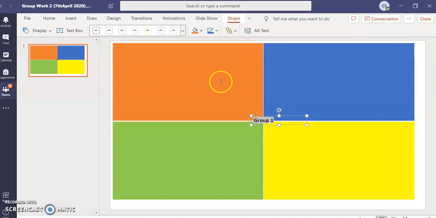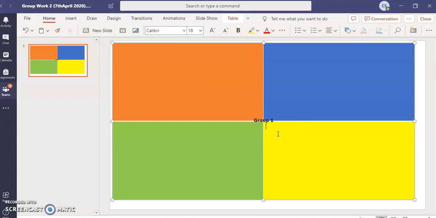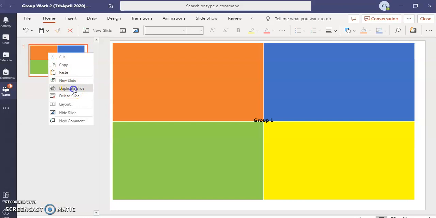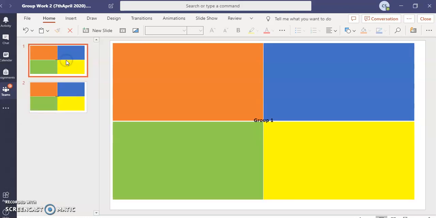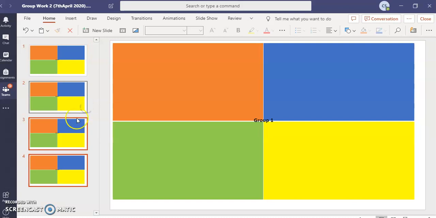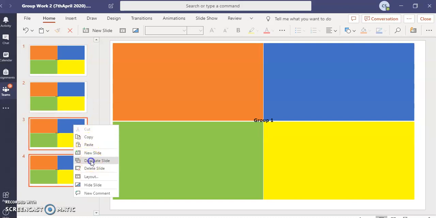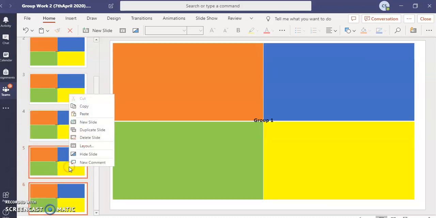Okay, after doing this, you can just duplicate the slides as many times as you want. Okay, so I need 8, so I will duplicate it 4 times.